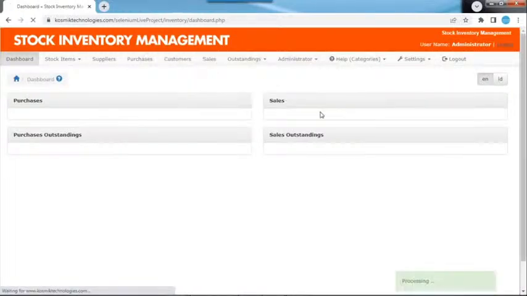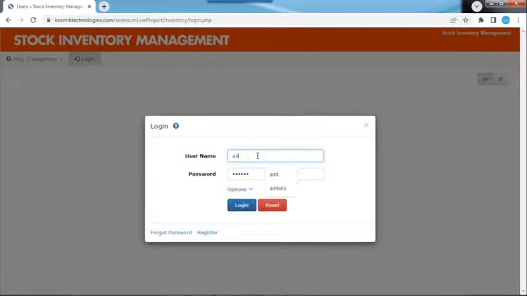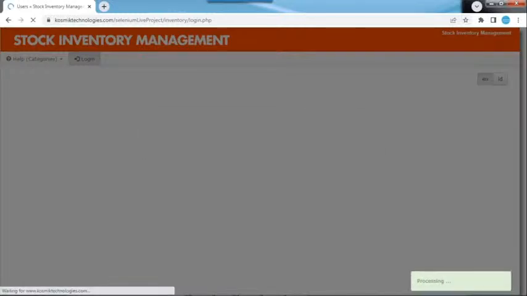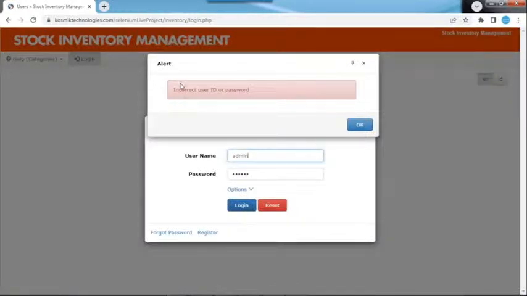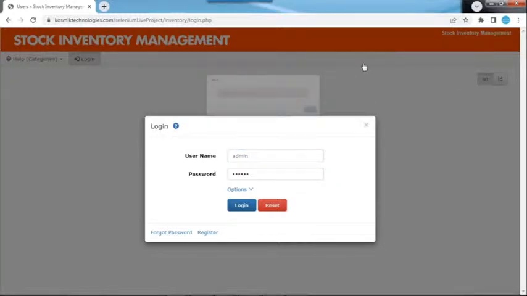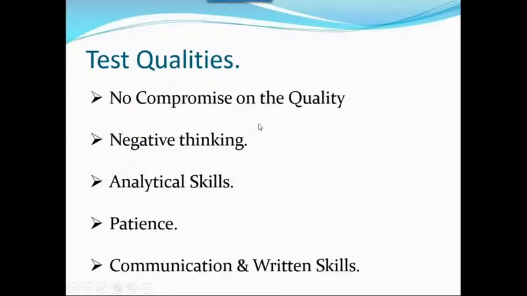You need to check with the negative also, because sometimes the end user might forget and not give the valid one. Might be he is giving an invalid one. In that case, it should not work. If it is working, that is a bug. Now I'm giving both invalid. Now it should not allow login. If it is allowed to log in, that is a bug. See, incorrect user ID and password, it is not allowed. Invalid data. So while you are doing the testing, you need to check positive testing as well as negative testing.